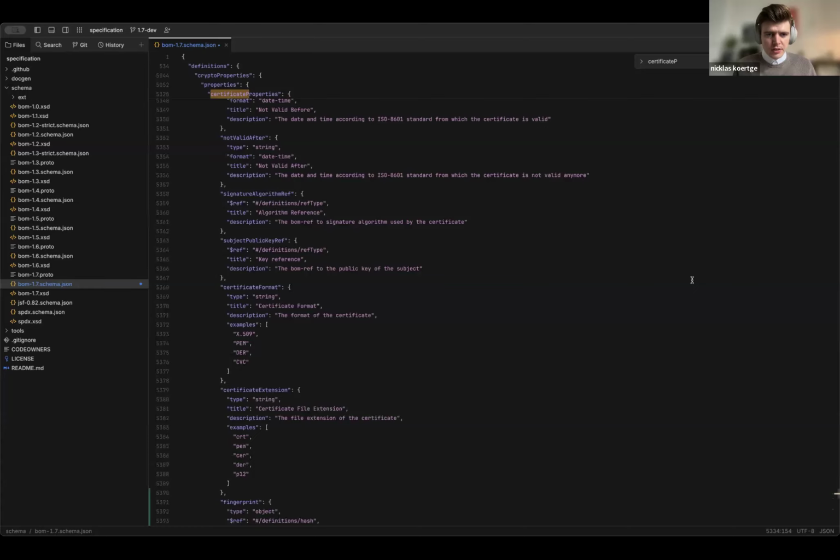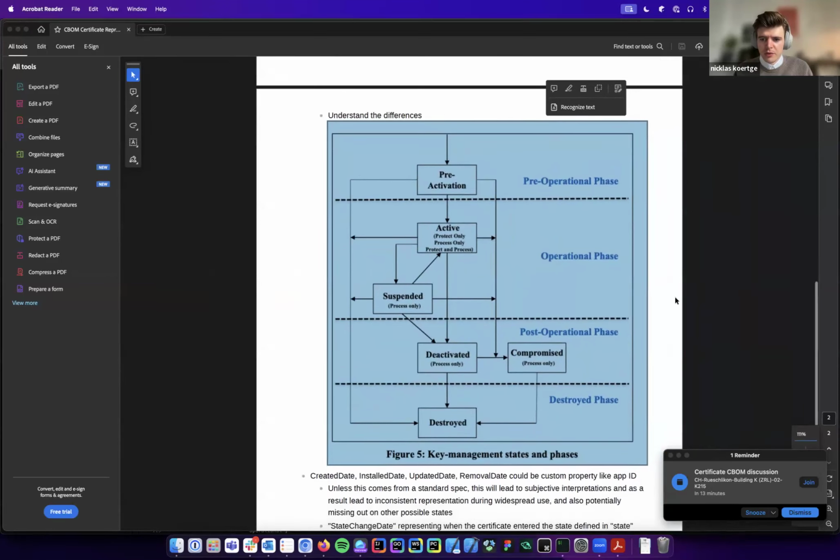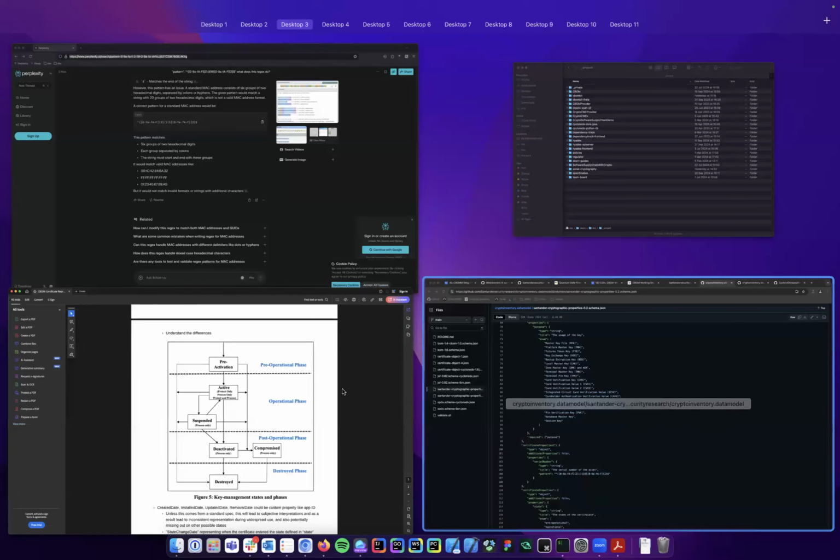So we had that, and then I already forgot what the discussion was about, the certificate lifecycle. They mixed something up with the standard, with the phases. We took one of the NIST standards for the certificate lifecycle. Yes, so this is the graph from the NIST standard. I believe we support all those.